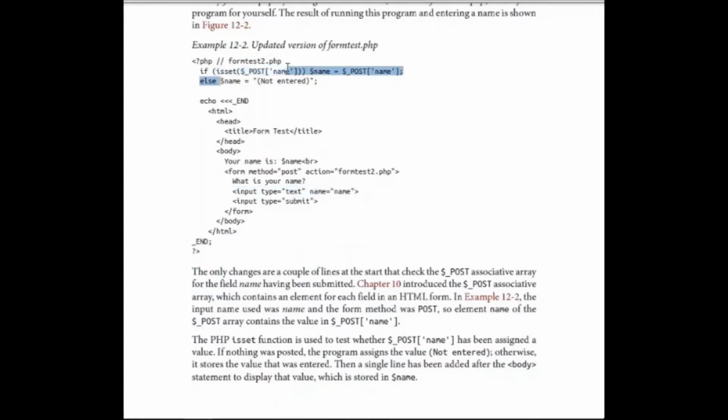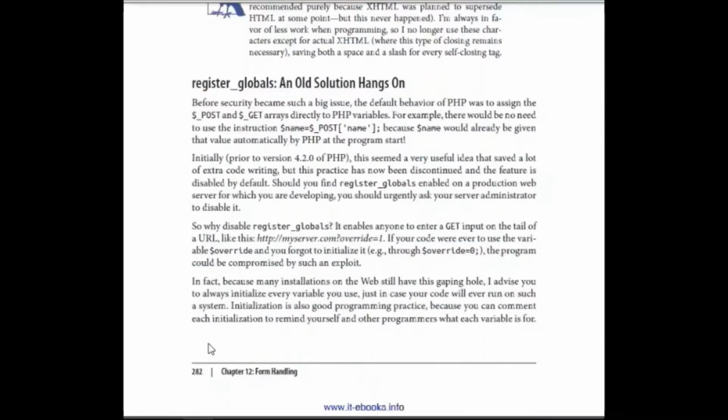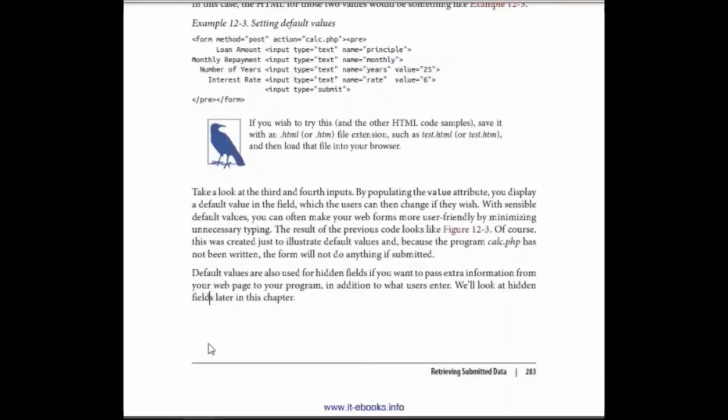If the user has entered something in the text box, save the value that the user has entered in the name variable. Otherwise, you will print that name is not entered, and so on. So this is how you handle different values of a text box. When you submit, it will go to another file and get your name, and so on and so forth.